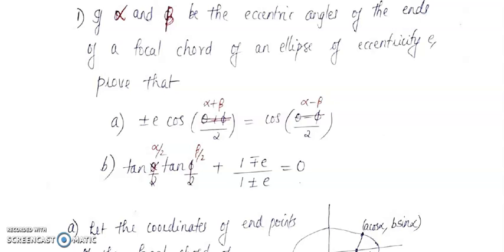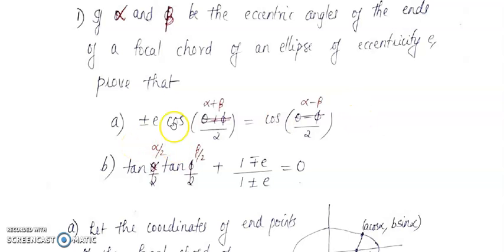Good morning all. So in today's class we will see a few more problems on ellipses. The first question is, if alpha and beta are the eccentric angles of the ends of a focal chord of an ellipse of eccentricity e, then we need to prove that